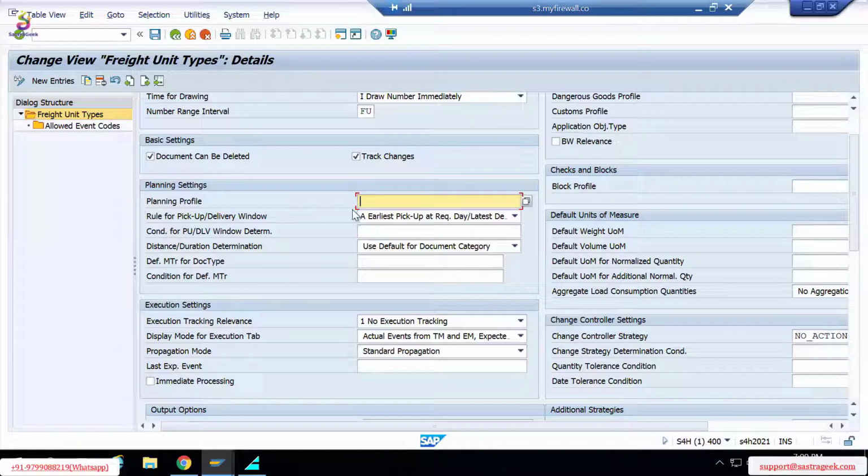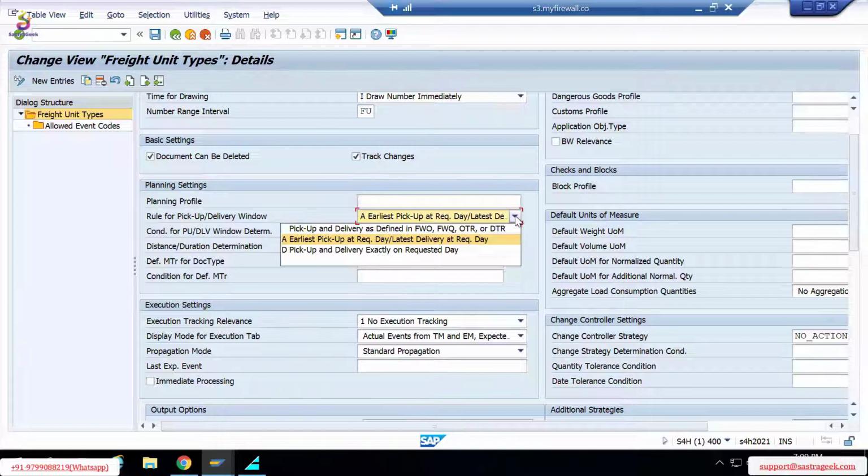I can say that this is the heart of the entire TM in a way. This is very, very important. Rule for pickup and delivery: you can define certain rules for earliest pickup at a requested day or latest delivery at a requested day, or